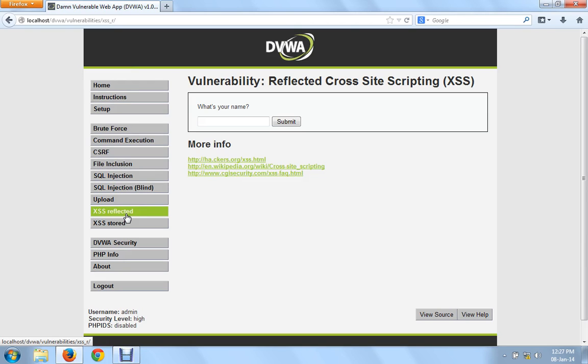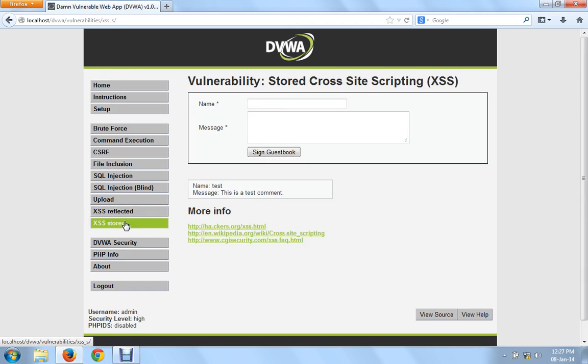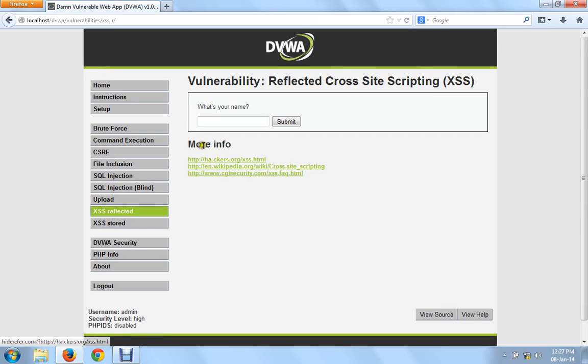In the reflected one, the attacker will be able to see the outputs, and in the stored one, whichever script you apply will be visible to each and every user who is able to see that website. So first we'll see the reflected attack. Over here users have to give some input and press the submit button so that it will show you the reflected output.